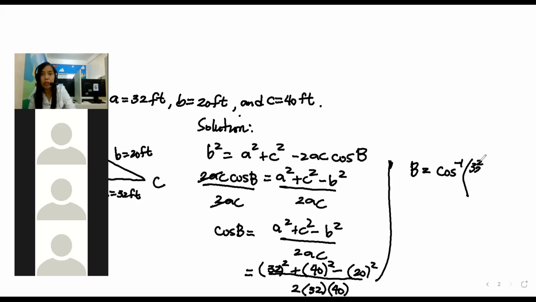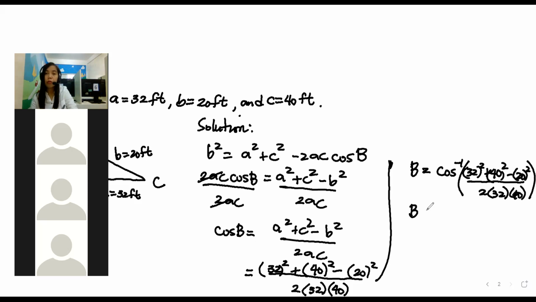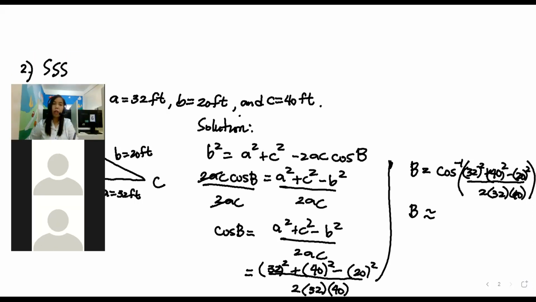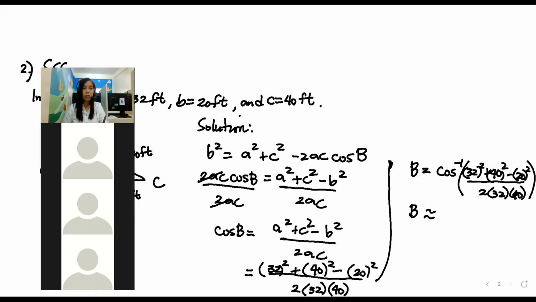32 squared. Please try on your calculator. Times 32 times 40. What is the approximate value? For sure, hindi yan sakto ulit. Let's round up our answer into nearest degree. How about